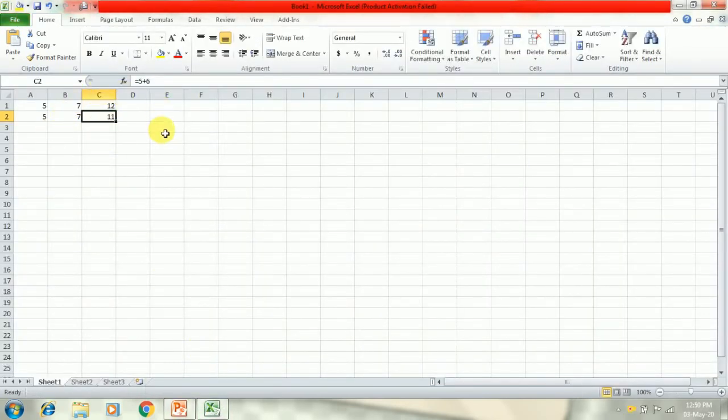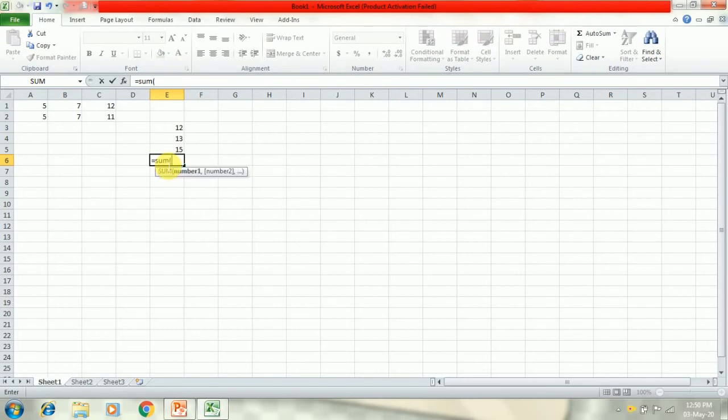Colon here means to. So the SUM function will total the values in the cells from E3 to E5 and give the result. However, we are going to discuss functions later on in detail. I hope you have understood all the elements that can be used in a formula.